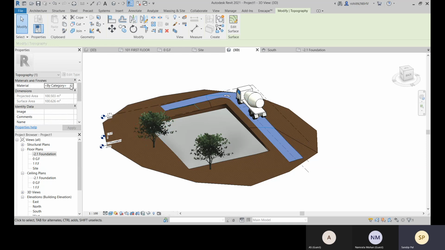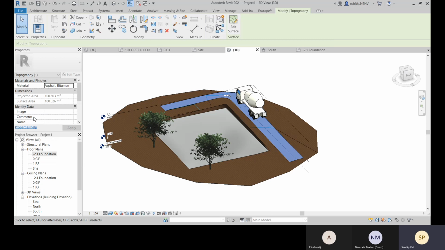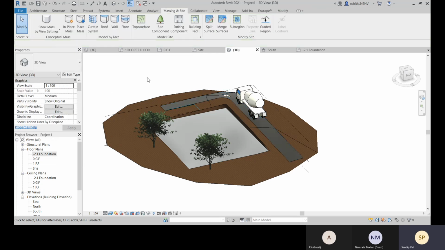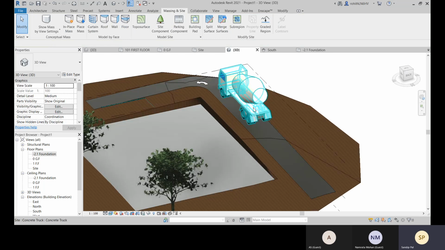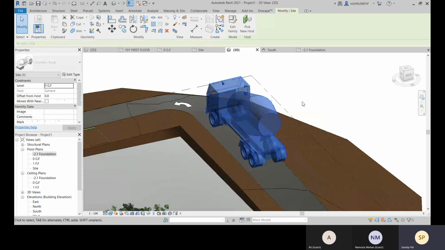Change the material again. Yeah, exactly. Cable.